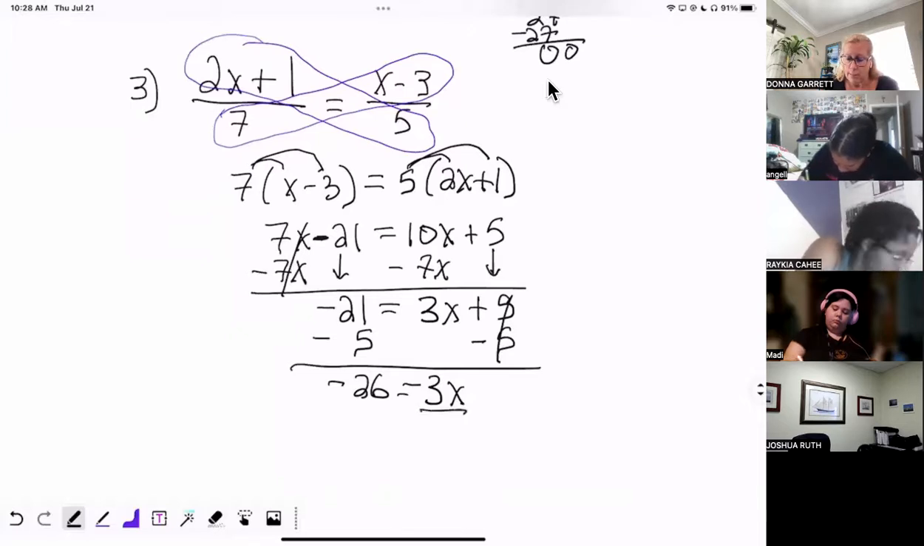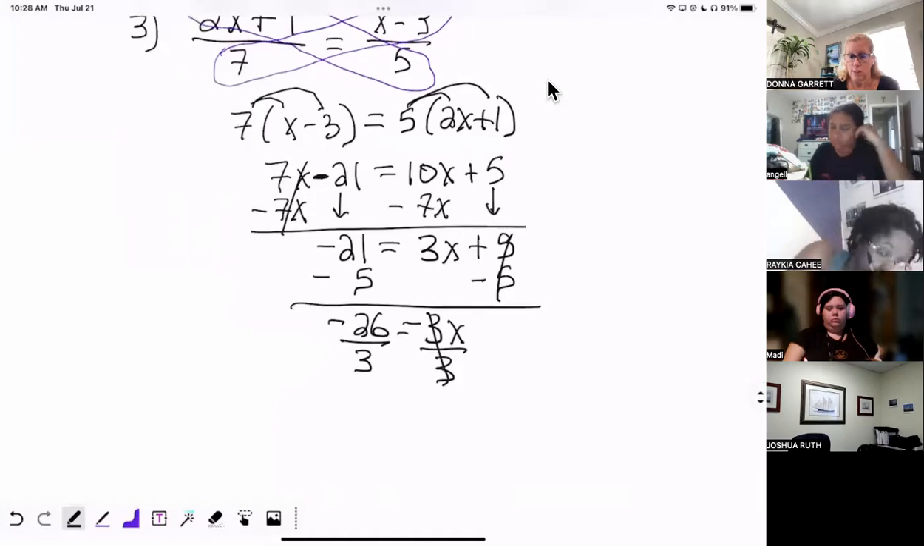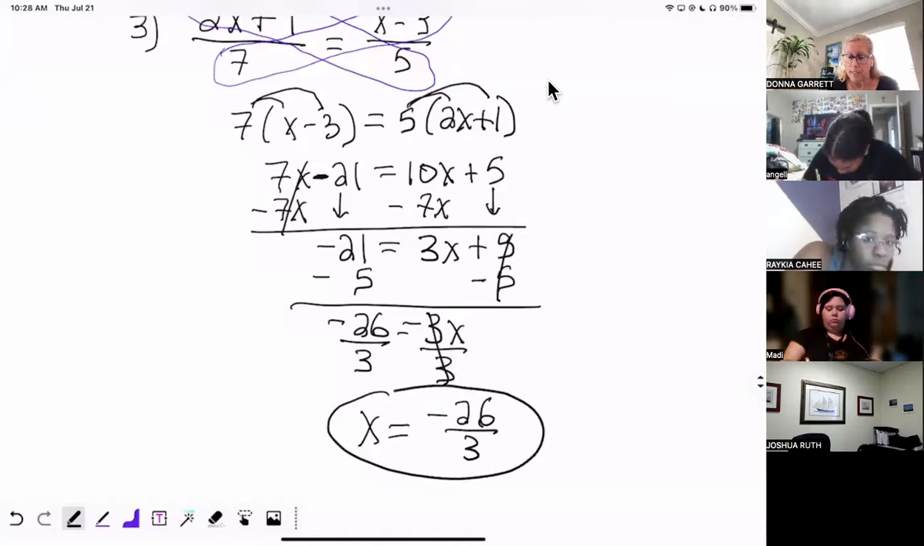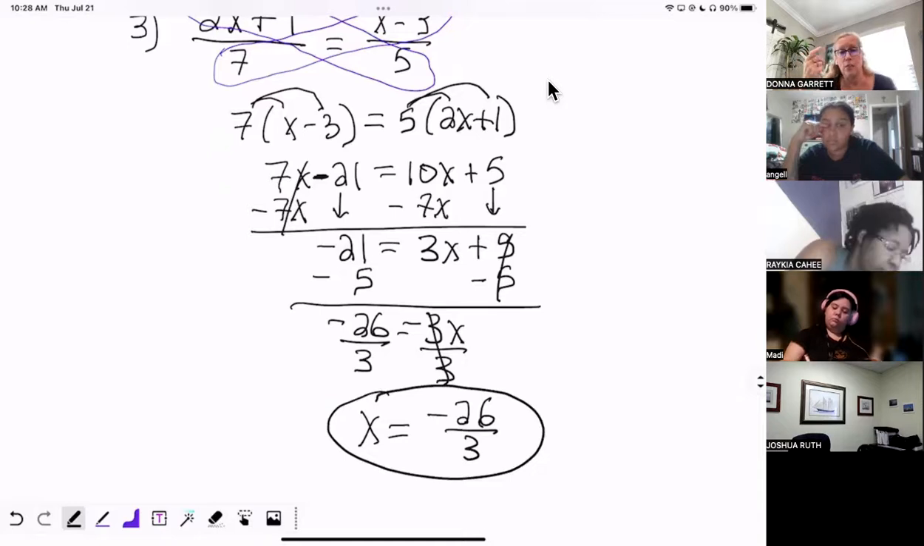So we're going to divide by 3, divide by 3. Now, there isn't anything times 3 that's negative 26. So this is our answer. x is equal to negative 26 over 3. You can leave it like that. Now your program will probably ask you a couple different things. They'll say leave it as an improper fraction. They might say leave it as a mixed number. So if it's a mixed number they want,